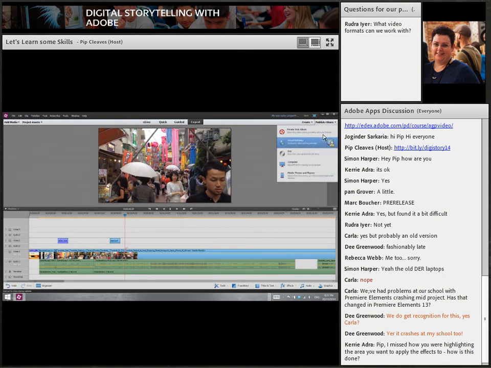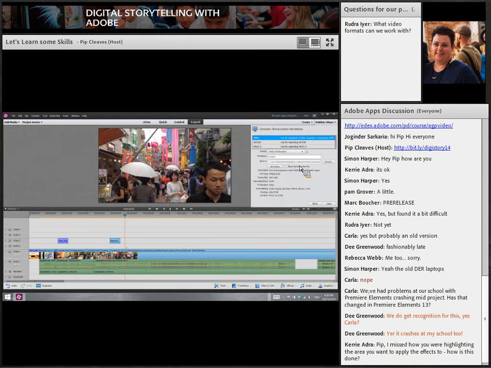And then you can choose, if you want to share it straight to YouTube, you can click on social websites and it'll save it straight up onto YouTube for you. Just make sure you've got a good internet connection for that one. If you want to save it to use for later on, you're going to pop into save for computer and